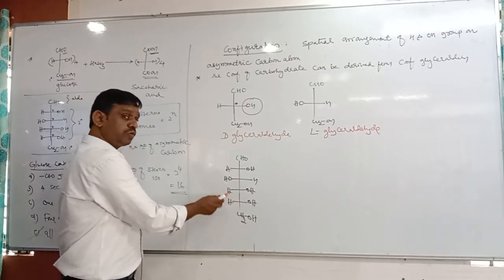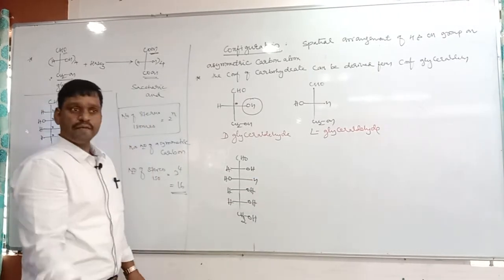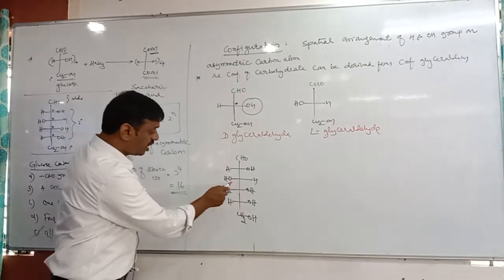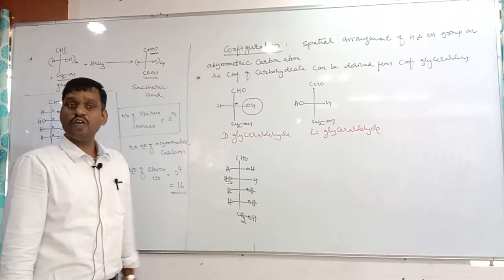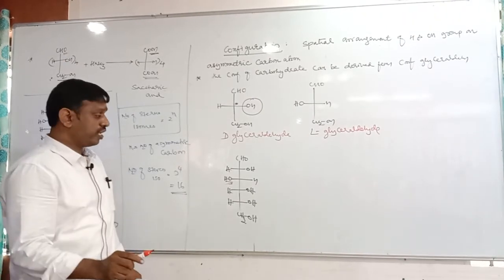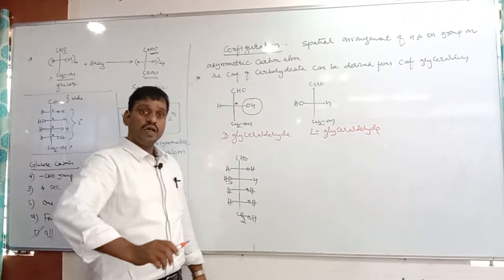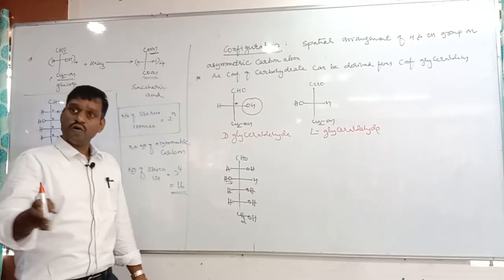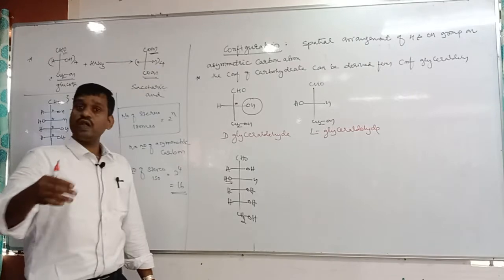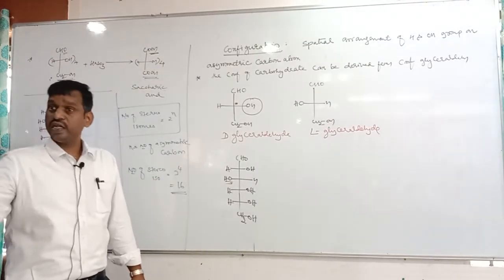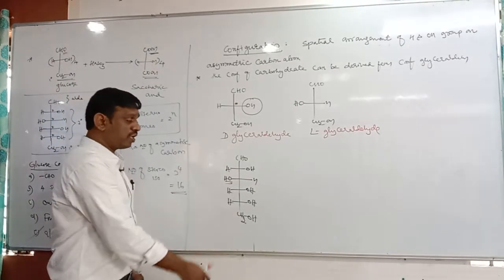If all the OH groups are on the right side, we can say D. But there is one on the left side now. Then what is the configuration? In such a case, again there is a rule. If the carbohydrate has more than one OH group, then to assign the capital D, capital L configuration,